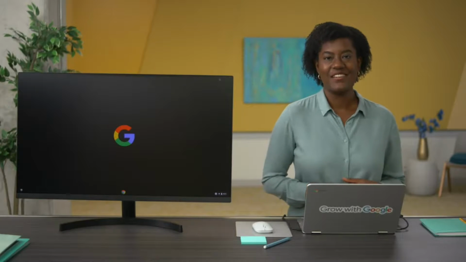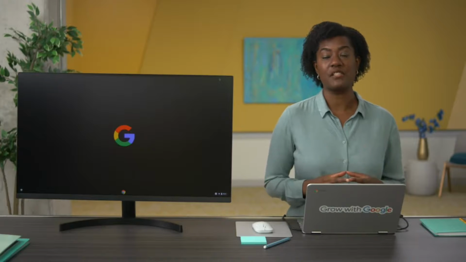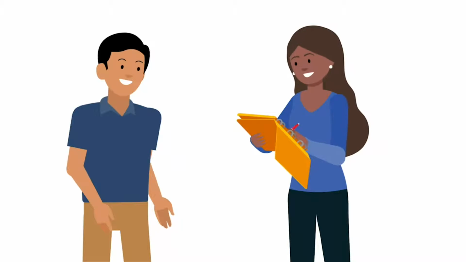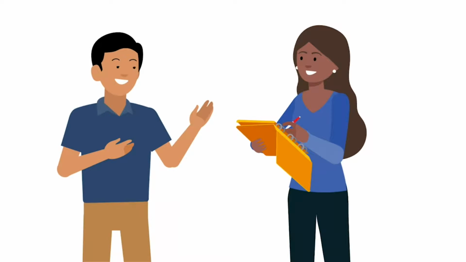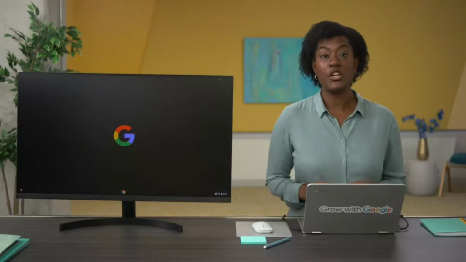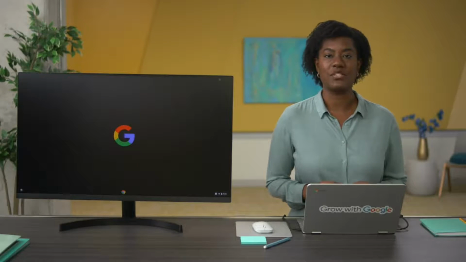Hey there. You probably do a lot of calculations in your daily life. Maybe it's figuring out how to tip someone or balancing your budget. You might do some of these calculations in your head or with paper and pencil or the calculator on your phone. You might even have shortcuts you use to make the calculations easier. You'll perform a lot of these calculations as a data analyst too, but they'll involve more numbers and a wider range of calculations. That's where you will put your data analyst tools to work.